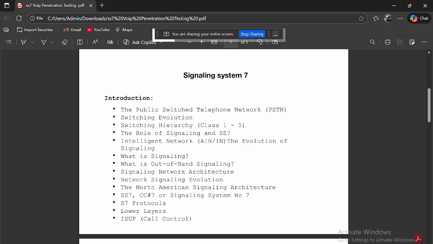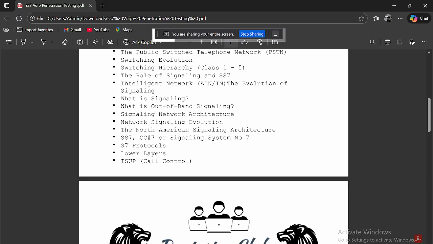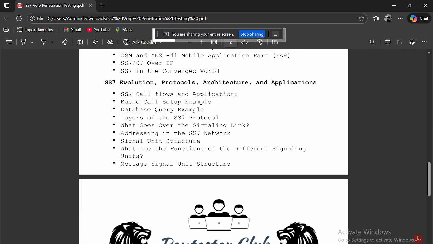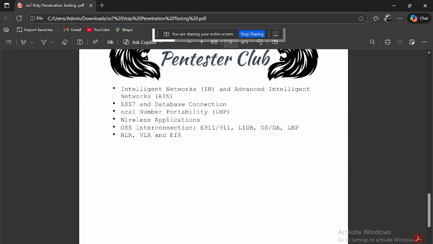We would like to go for everything over. Now SS7 protocols.